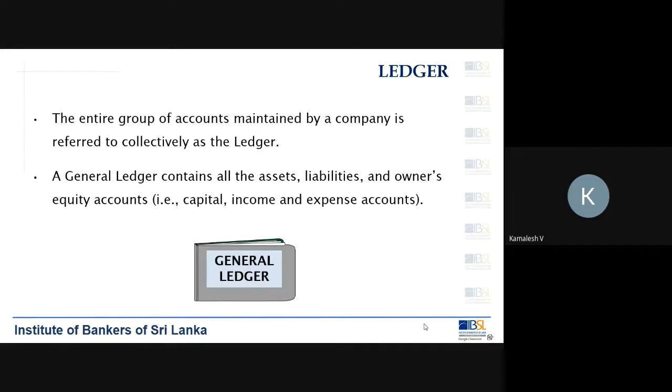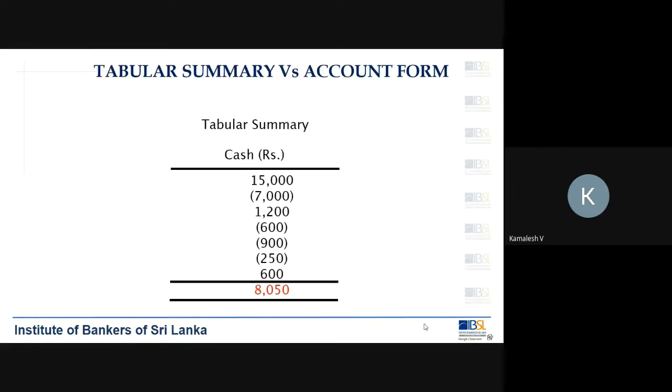But just because of this business accounting module, for study purposes, we have to learn a little bit of theory. Okay. So let's look at a tabular summary. We call this a tabular summary, and we are going to look at this as against the account form, that is the T account form. When you look at a tabular summary where you have done certain cash transactions, as I told you last week, in an account, generally you have a debit side and a credit side.